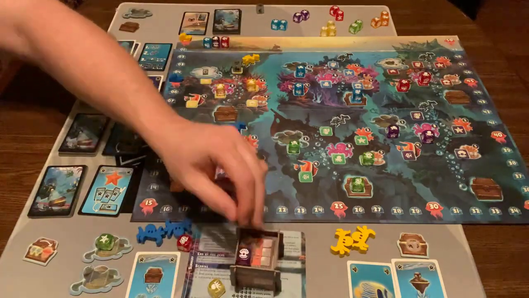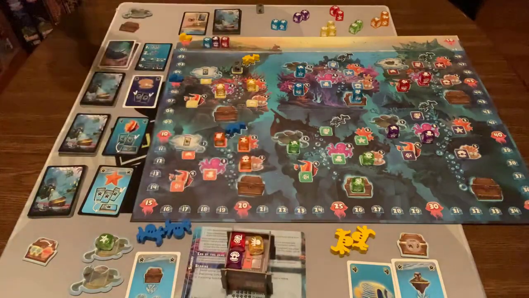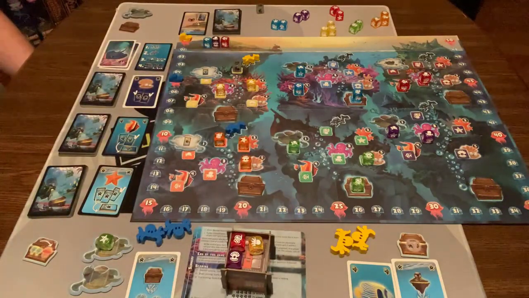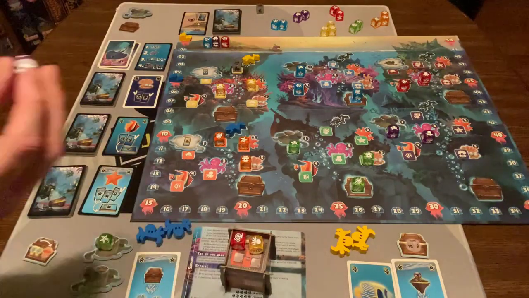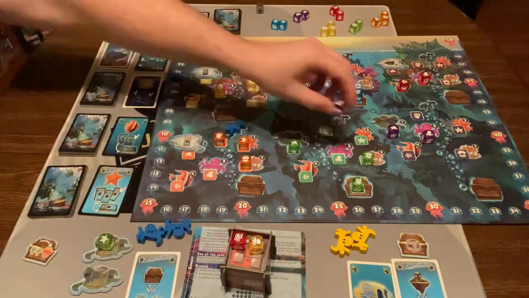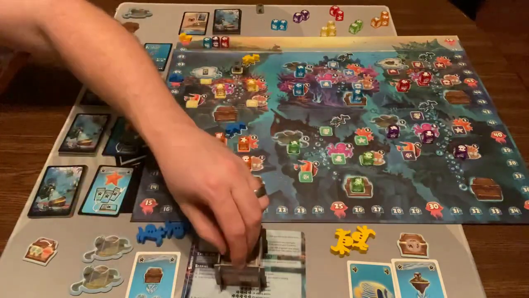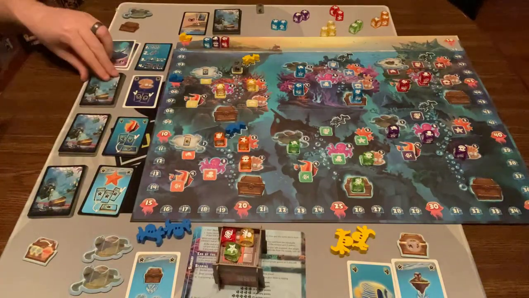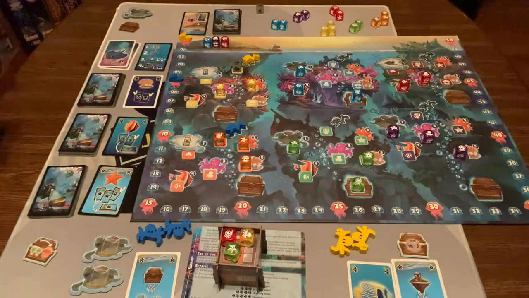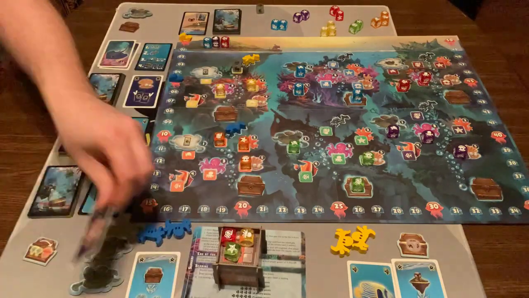All right, so they have a purple clam, a red diver, and a yellow octopus. So they will use the clam. All right, so they're going to use the pearl. They're going to put it over there. All right, now what happens there is they get to draw 2 cards off the pearl deck. Let me tell you how pearls work. So they drew 2 5 pearls. So what happens now is,